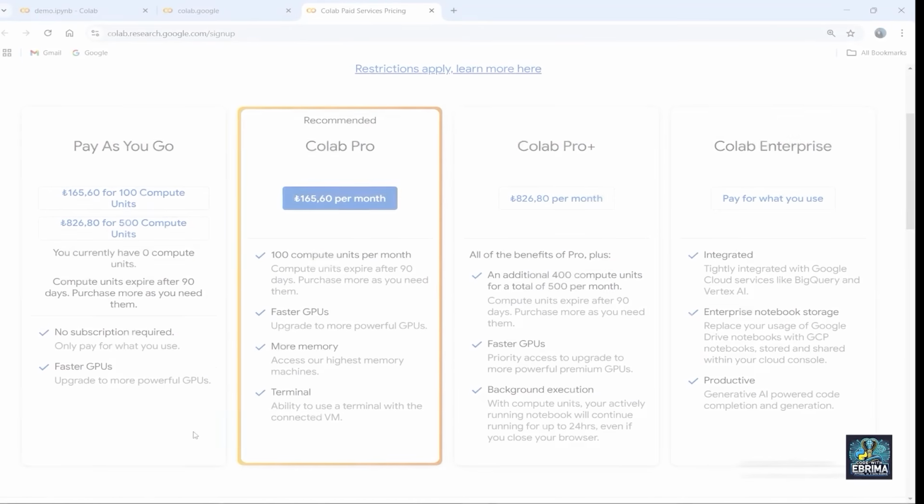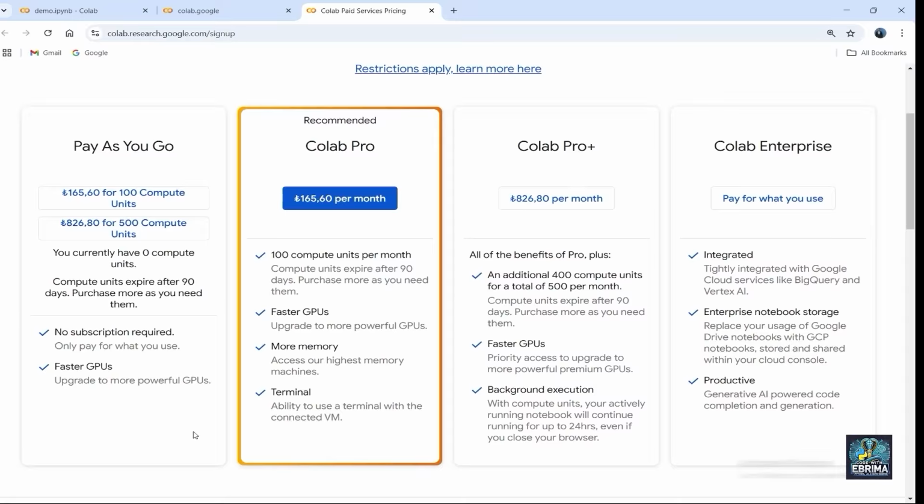The key takeaways: the free tier, that is what we are using, is suitable for beginners or those working on small projects. However, Colab Pro and Colab Pro Plus are for serious learners, data scientists, and machine learning enthusiasts needing better performance.